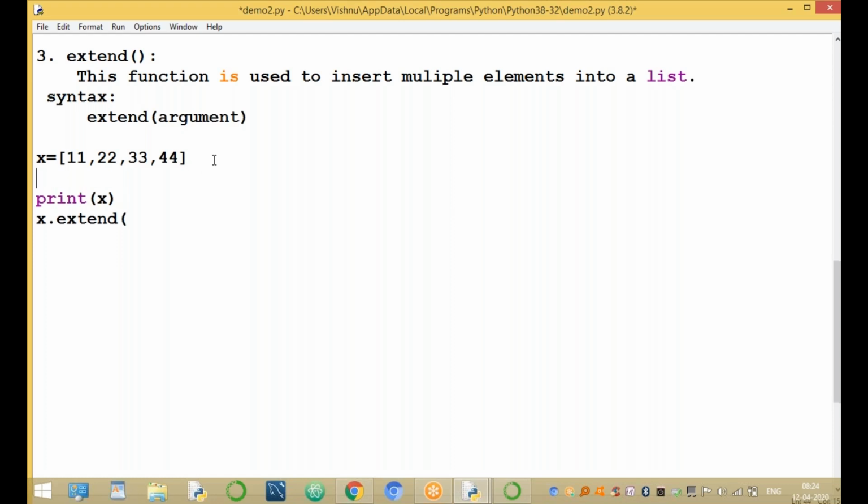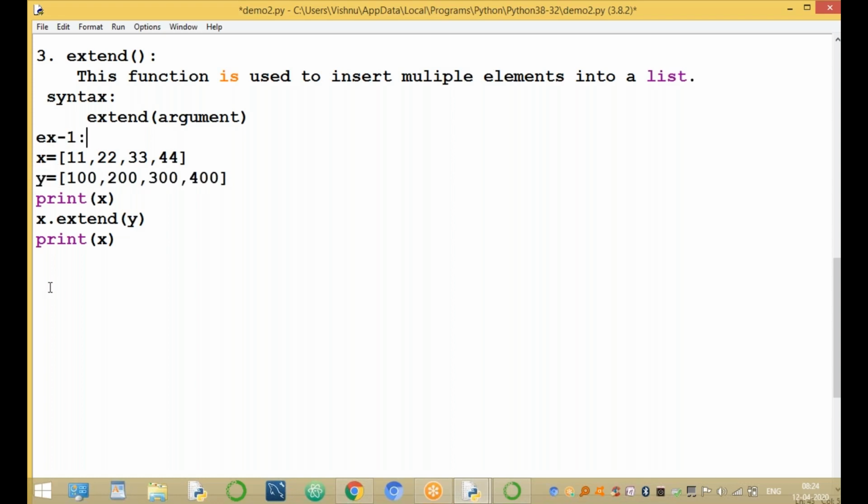For example, y equal to 100, 200, 300, 400. Okay, clear. So now x dot extend of y, then print of x. So more than one element, that is 100, 200, 300, 400, are stored at the end of the list x. This is one example.